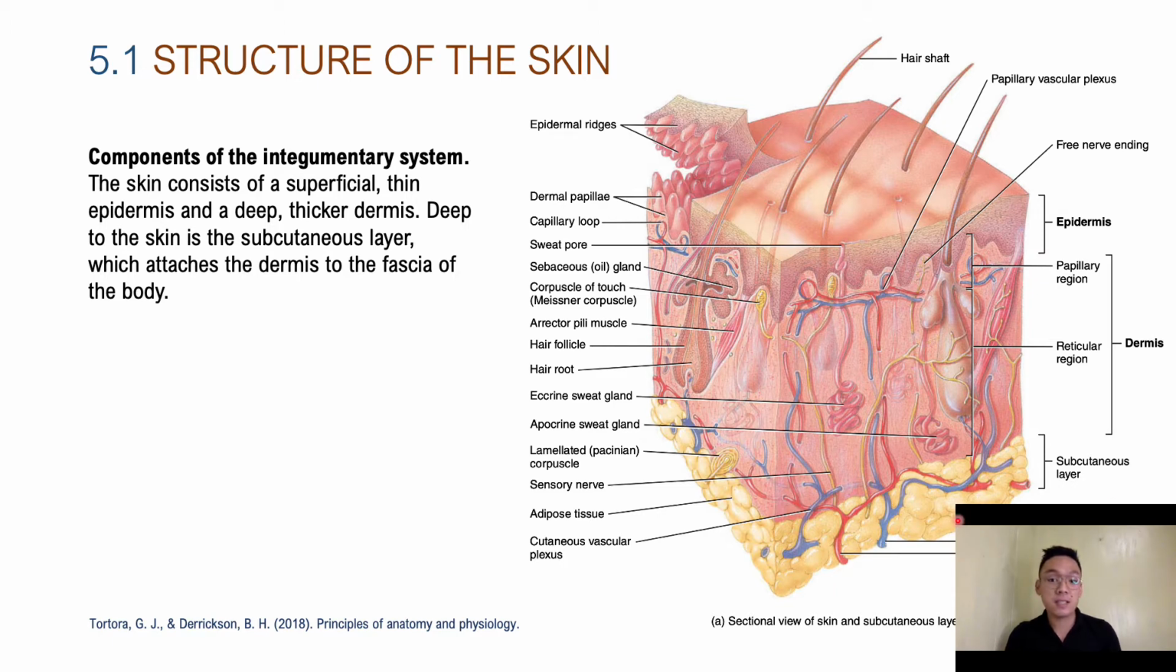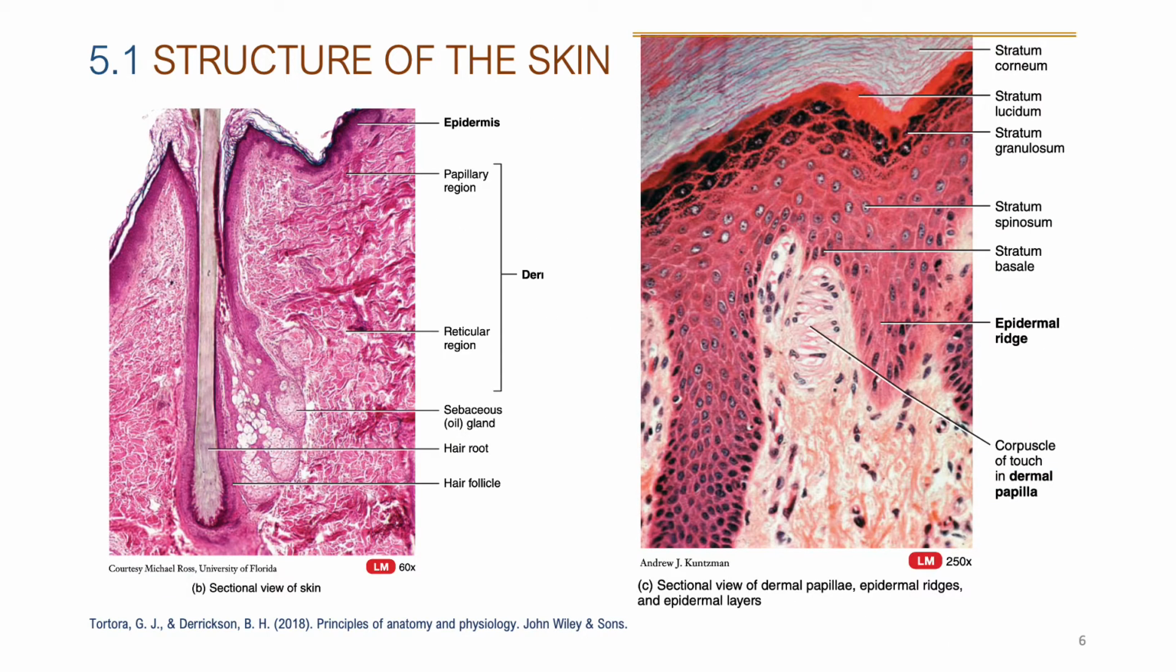Structurally, the skin consists of two parts, your epidermis and your dermis. So the skin again consists of a superficial thin epidermis and a thick dermis. Deep to the skin is your fat layers or subcutaneous layers, which are attaching the dermis to the fascia of the body. These two images will show you a sectional view of your skin, and we have here the epidermis,